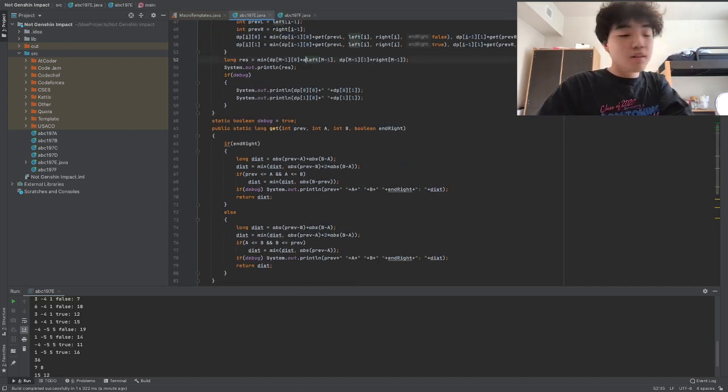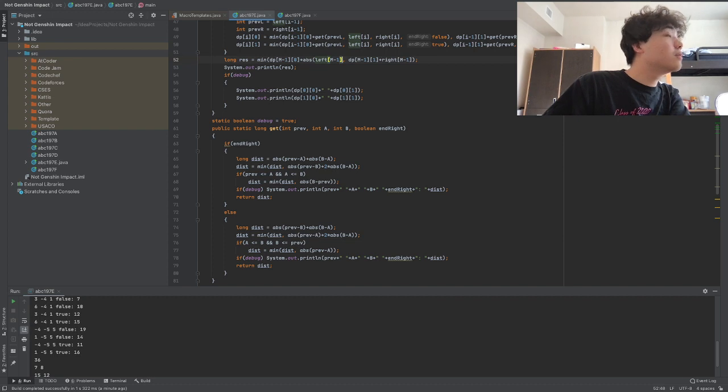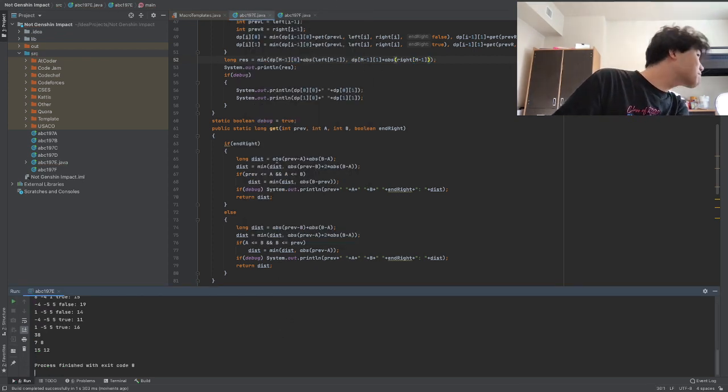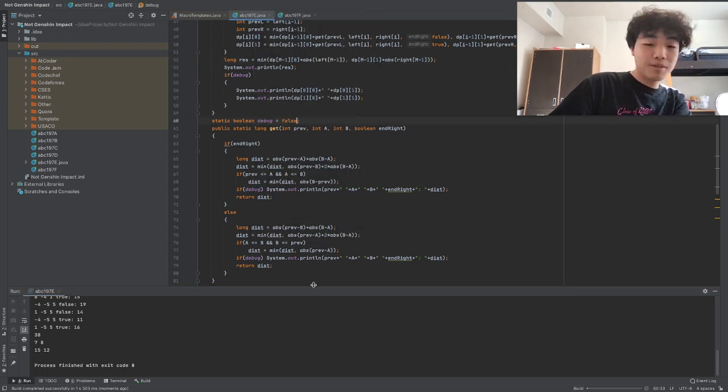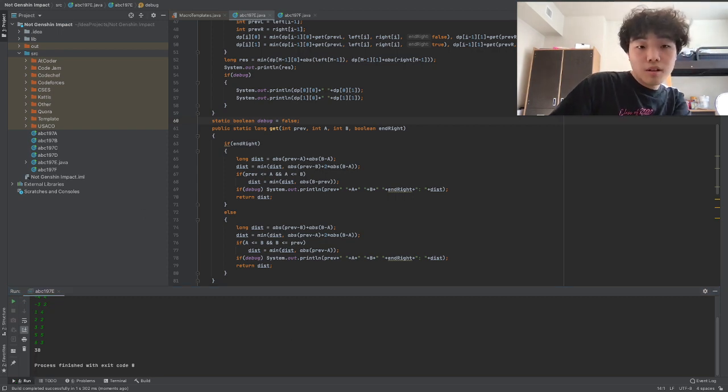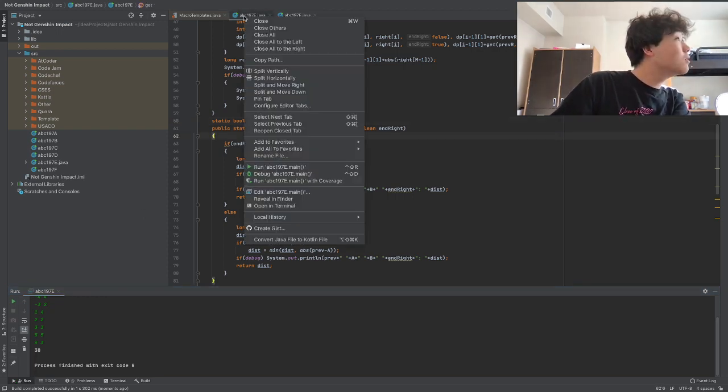Oh my god. Absolute value at left. Let's see if that's the only reason. God damn it. God damn it. 38. And sample input 1 is